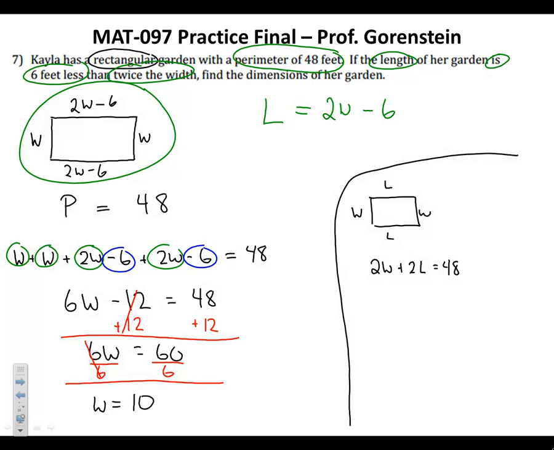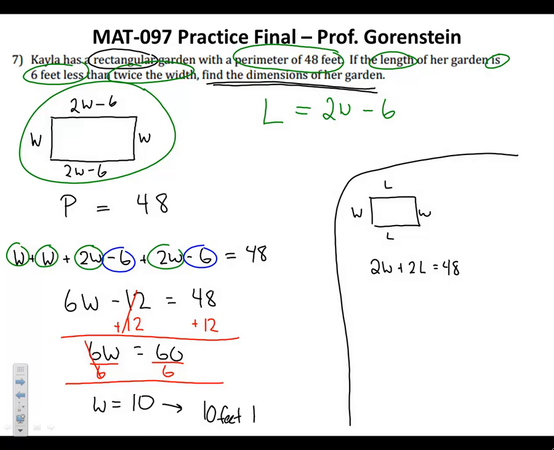Now at this point, if you circle W equals 10 and move on to the next problem, you'll probably lose a point because you haven't answered the actual question. You always want to make sure you're addressing the actual question that's being asked: find the dimensions of the garden. So the dimensions are length and width. We know that W is equal to 10, so to answer the question, we'll say the dimensions of the rectangle are